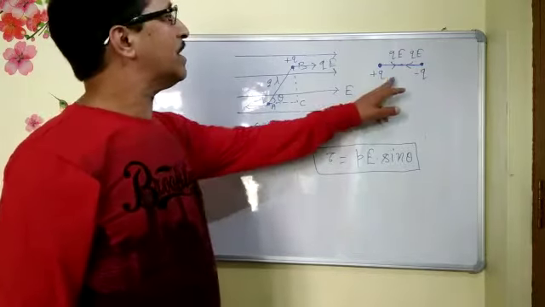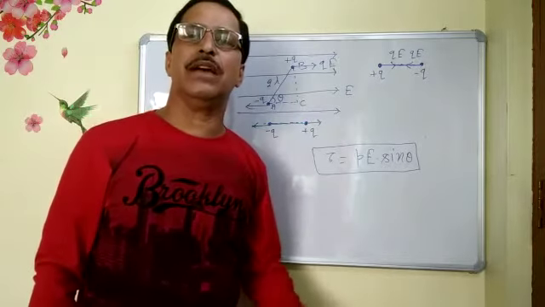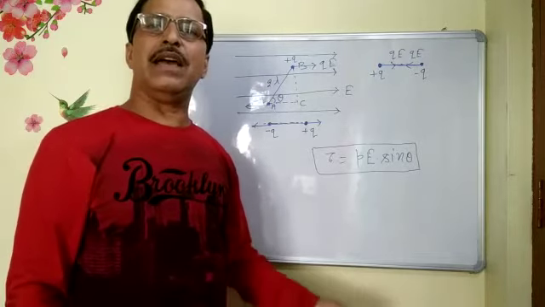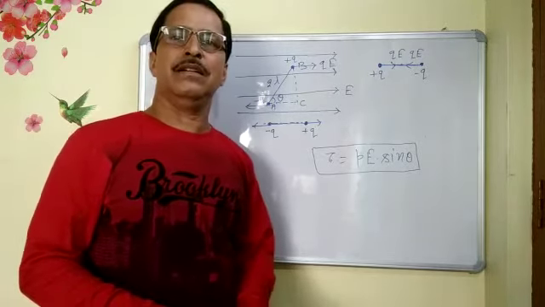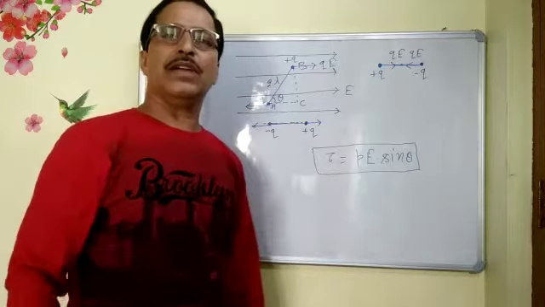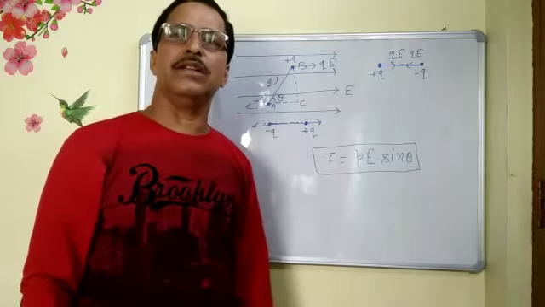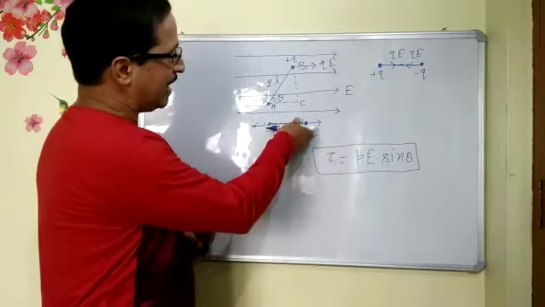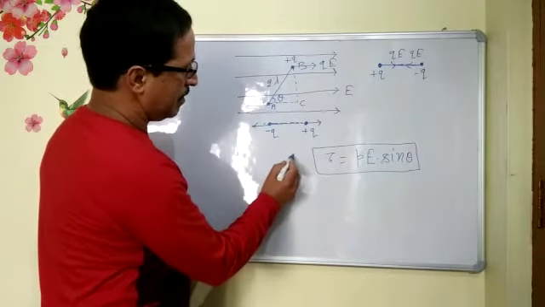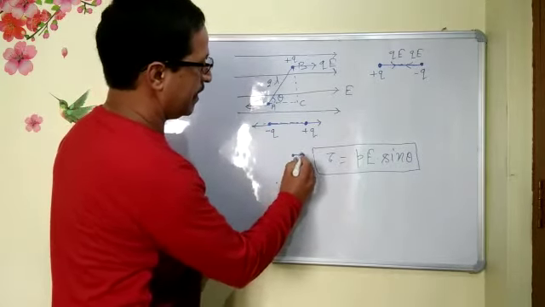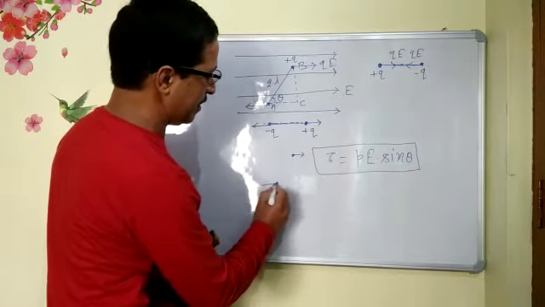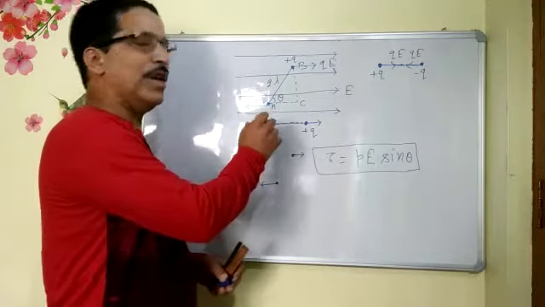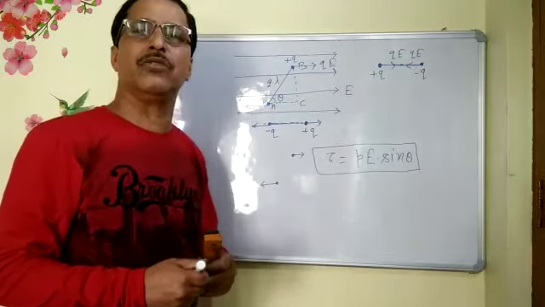One is this one, other one is this one. One when the angle between the axis of the dipole and the electric field is 0 degree, and the other when the angle is 180 degree. This state of equilibrium when angle theta is 0 degree is called the stable equilibrium. It is so because if I disturb this position like this, the dipole has a tendency to go back to the same original state. That's why we are calling it the state of stable equilibrium.